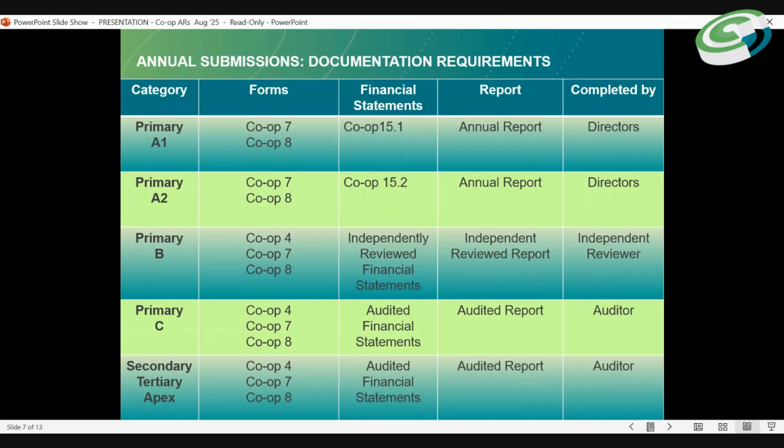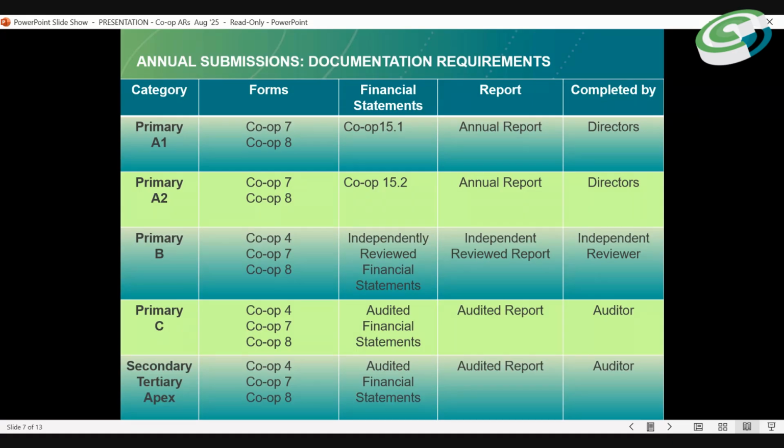In terms of the relevant documentation, the supporting documents that are also required when you file your annual return, in terms of your primary A1, the required documents are your COP 7 as well as the COP 8, as well as the 15.1.